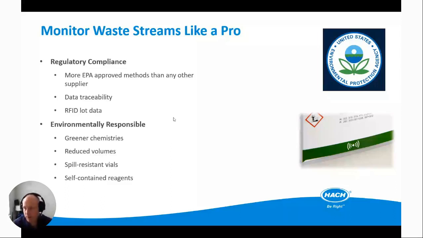This system also allows for data traceability. For every measurement, the barcode is read, the reagent expiry date and lot information is read by the spectrophotometer and stored with the analytical measurement in the data folder along with the operator ID. So all of the metadata associated with the analysis are stored with every single measurement, and those can all be output to your LIMS system or your WIM system, or whatever kind of lab system you have.